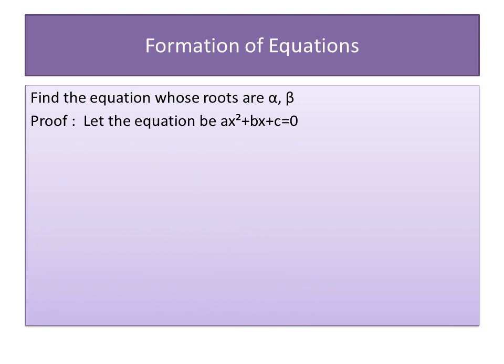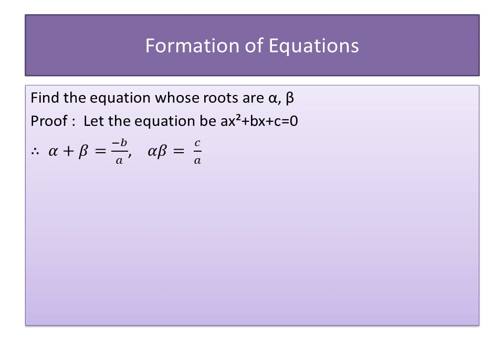Proof: let the equation be ax² + bx + c = 0. Now the equation is ax² + bx + c = 0. Therefore alpha plus beta, that means the sum of roots, is equal to minus b by a, and the product of roots, alpha beta, will be equal to c by a.